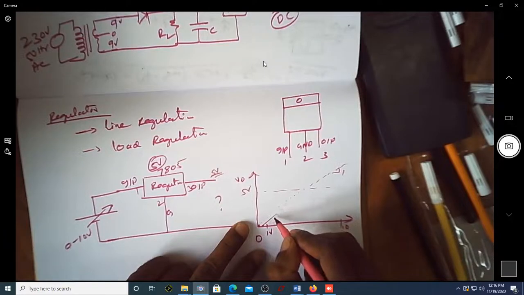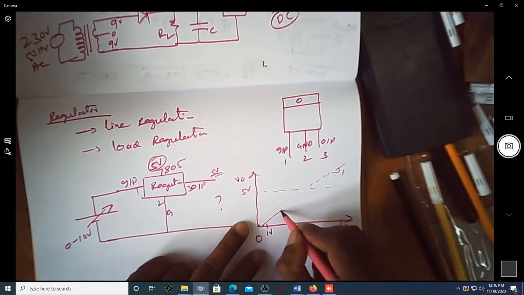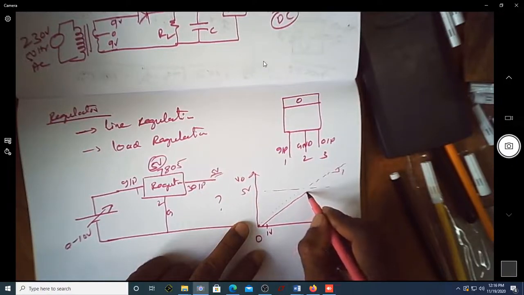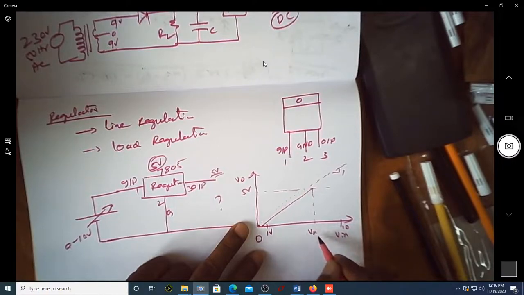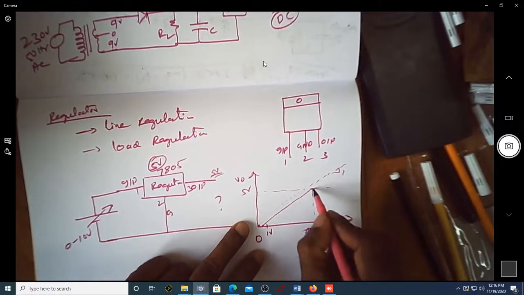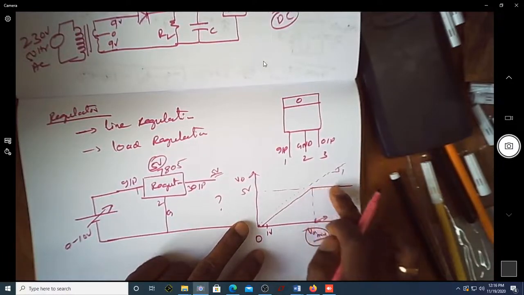Now we can see it is going along with this. It's not exactly in line, it is slightly below that, meaning if the input is 1 volt, output may be 0.5. If the input is 3 volt, output may be some 2.5. So likewise it keeps on increasing. At some point, you have some input voltage minimum to keep the output voltage as 5. If the input voltage exceeds this, you can see the output voltage is becoming constant at 5. So if you increase the input voltage beyond this point, then the output voltage is constant.